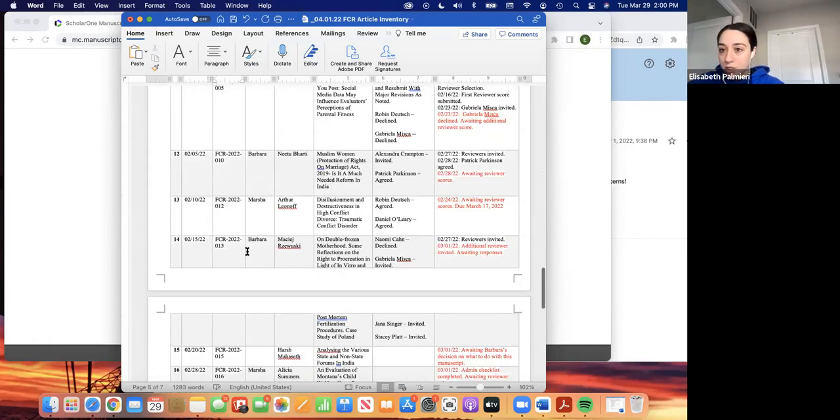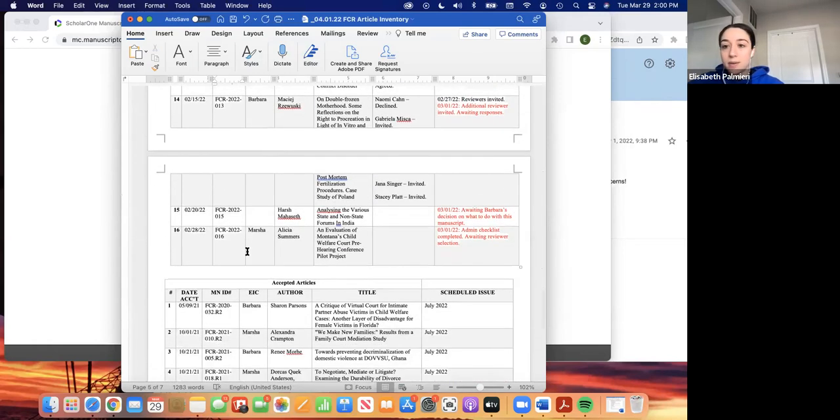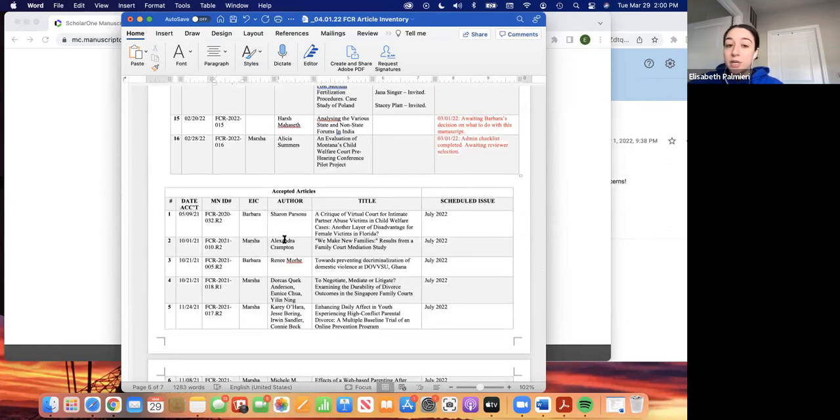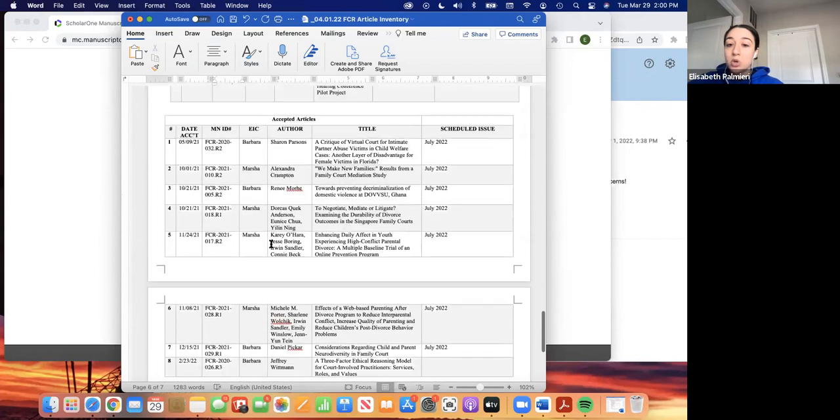Because once it's rejected, you remove it from the chart. It's no longer being taken into consideration. You can just remove it. And then if it's accepted, you're going to put it down here in the accepted articles. And if you know when it's being published, which you won't know until Barbara or Marcia